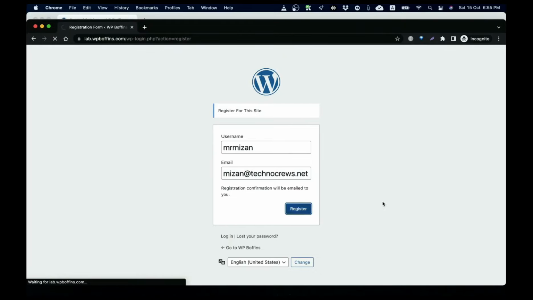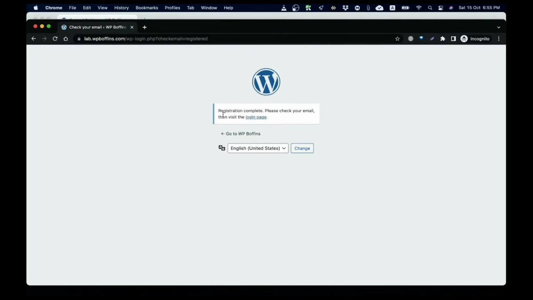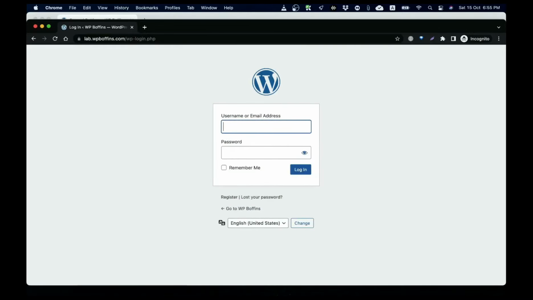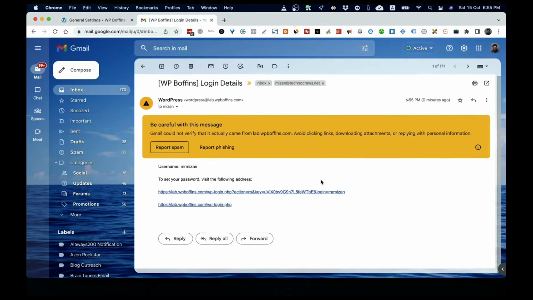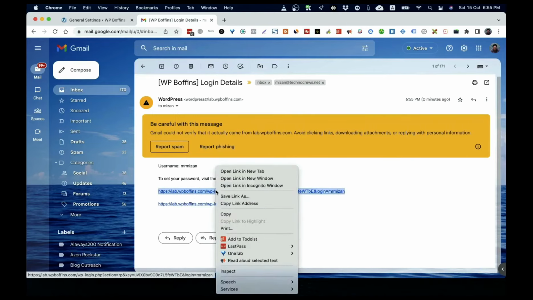Then you have to click on register, and to complete the registration you have to check your email for the details, and then you have to confirm your account. Let me check if it's arrived. I haven't given any password, so I have to set that password by visiting the email. Let me do that. Whenever you're getting an email like this, then you have to click on this option, and